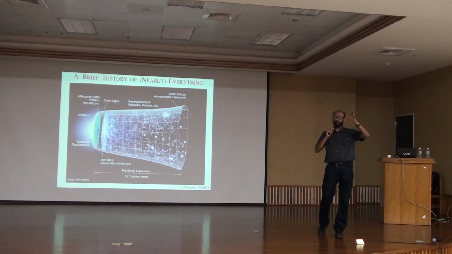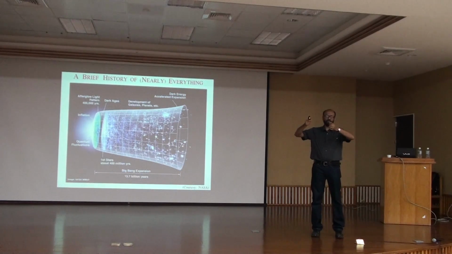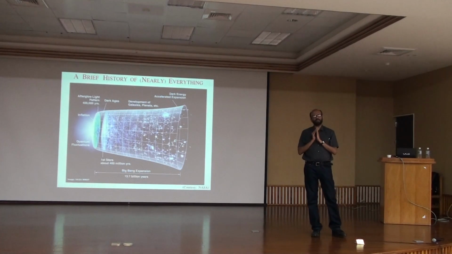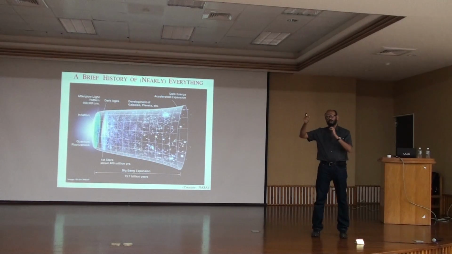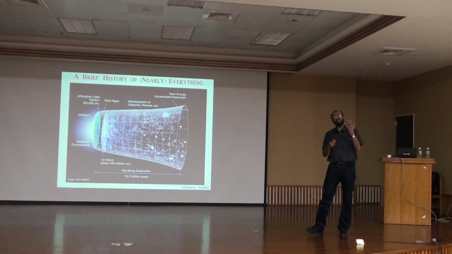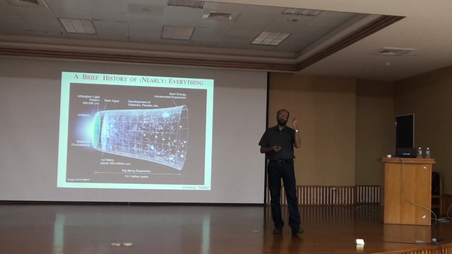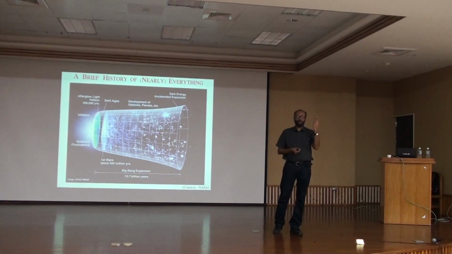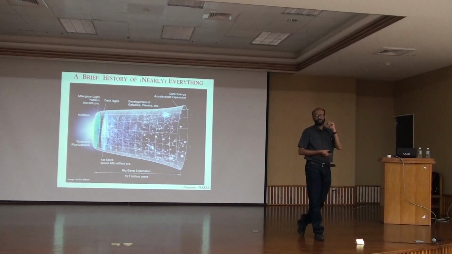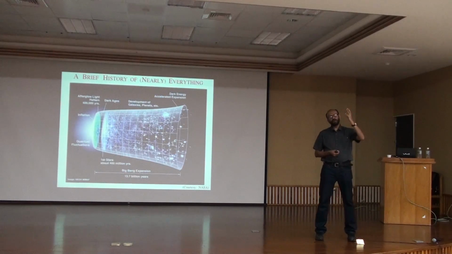So a few milliseconds after the Big Bang, you have protons and neutrons. And roughly 1 second after the Big Bang, the temperature is low enough that a proton can capture the neutron and form a deuterium nucleus. So deuterium is heavy hydrogen. Normal hydrogen has a single proton. Deuterium has a proton and a neutron. So 1 second after the Big Bang, roughly, you can form the first slightly complicated atom, which is deuterium.